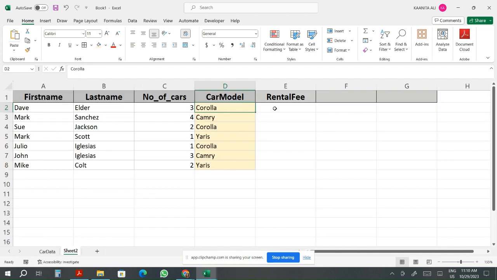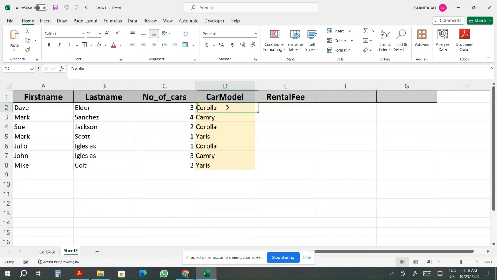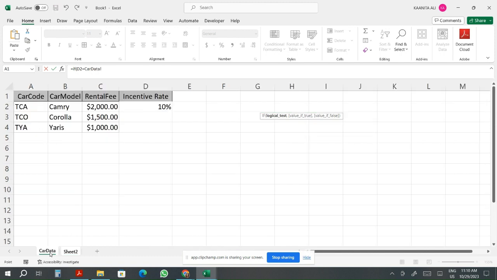So we have to be very careful with our if statement because you see we have three options, right? And we are all going to use our mouse to select the cells. We're not going to type in really. We're going to use our mouse to select the cells. So this is what we're going to do. We're going to put equal sign, if, open brackets. If D2, right, so we have D2 there, is equal to, and then I'm going to come across here and